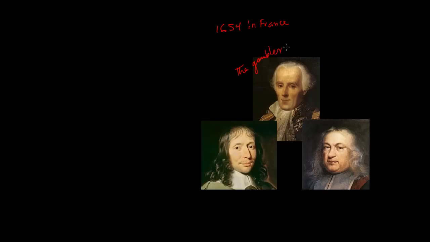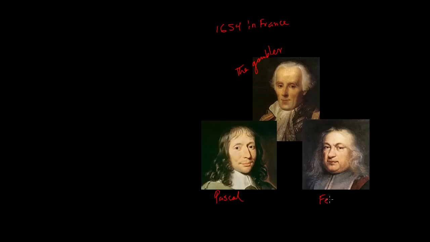His actual name is Antoine Gombaud, Chevalier de Mere, and he was a gambler, and he wanted to know what happens if two people are playing a game and they suddenly stop. How do you distribute the points if they do not continue the game? And it's funny, this guy Antoine Gombaud also wrote a book called The Honest Man and Discourse on the True Honesty. But anyway, he had friends, and he asked his friend, the great mathematician Blaise Pascal, and another one who